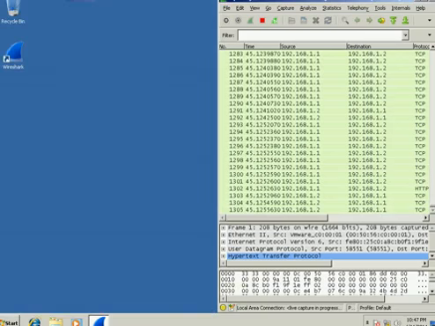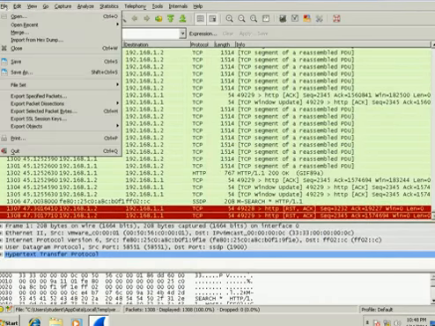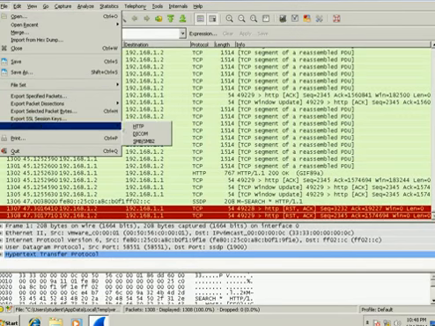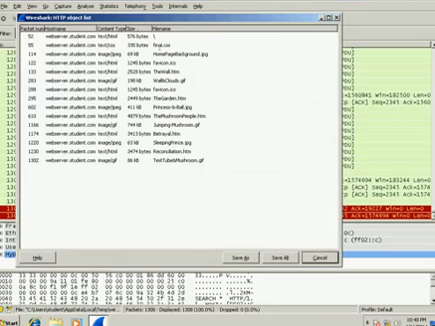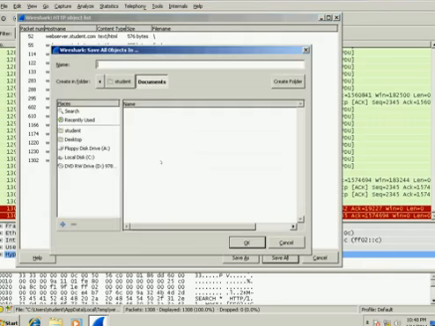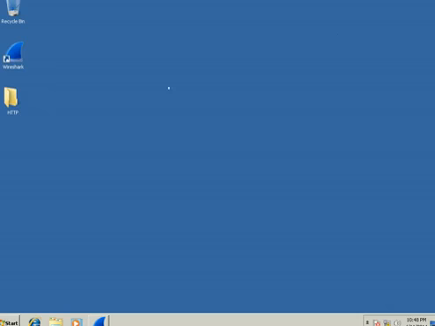And then we're going to go ahead and close that. We're going to stop Wireshark, and we're going to see what HTTP objects we can export. We can go to File, Export Objects, HTTP. And we should get something juicy here, and we see we got some JPEGs and whatnot. We're going to save all, and we're going to save this to the desktop as, we'll just call it HTTP. We'll let that save,